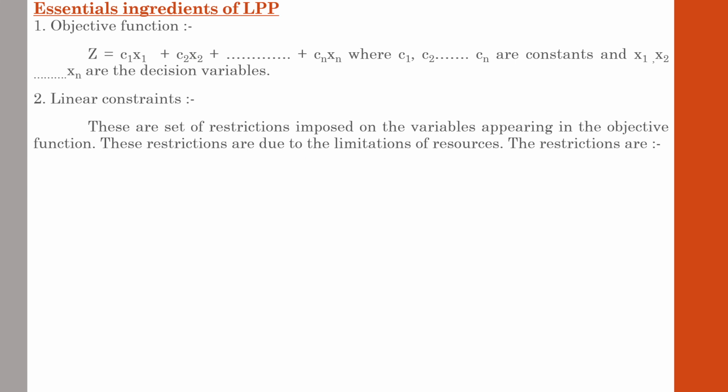So constraints will be represented as linear constraints because they are represented in the form of a linear equation. So restrictions are written as a1 x1 plus a2 x2 plus, and it will go on like that, because if there are more constraints, the equation will be a bigger one. If there are two constraints, it will be written only like this, and it may be greater than or less than a number. That will be given in the question. During the application level case, we will discuss the meaning of greater than or equal or less than or equal. Here also a1, a2, an and b are constants.